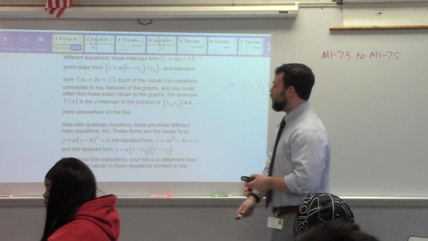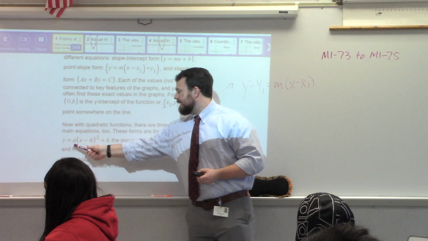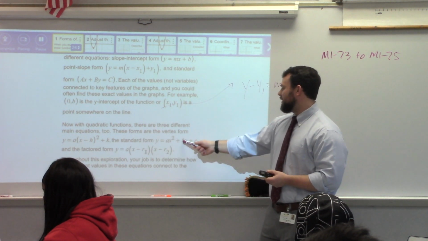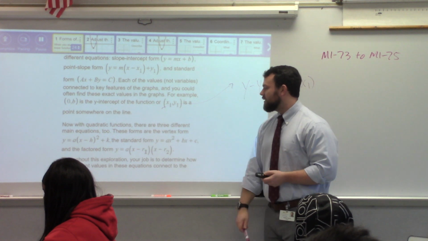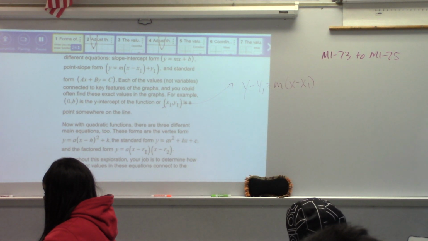It's x. What we're going to be exploring are the values of a, h, and k from vertex form, a, and we're actually going to skip the b and focus on c in standard form, and a and R1 and R2 from the factored form. So,